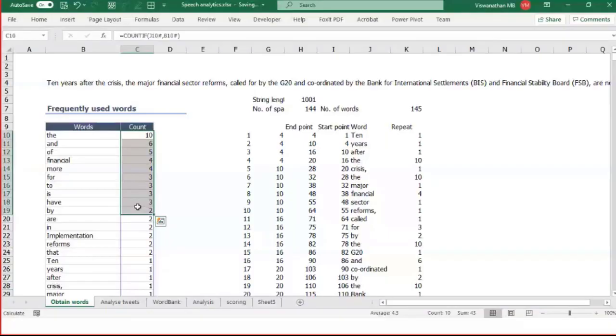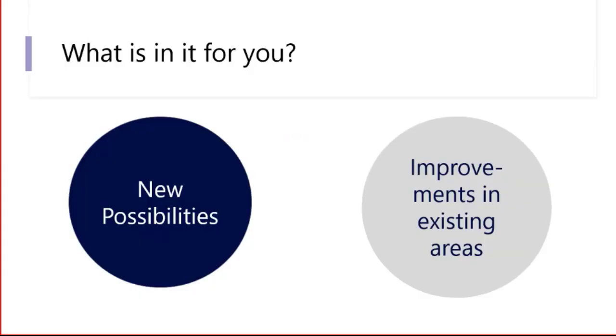So we talked about what the new possibilities are. I just gave you one example. There are a lot more. Some of those new things we'll also learn here as part of some of the illustrations that I'll be doing. Now, next, let's talk about what improvements it brings in terms of our traditional work areas.